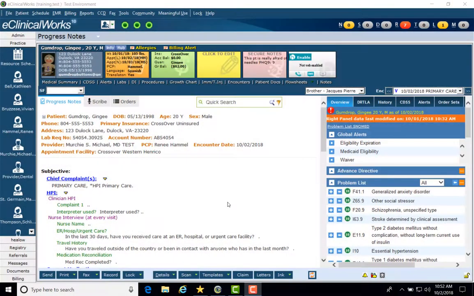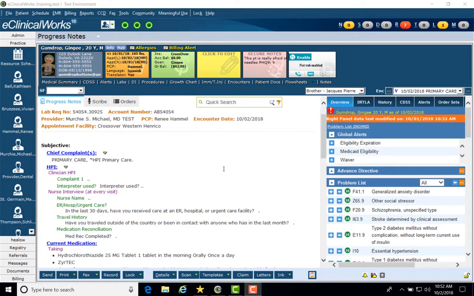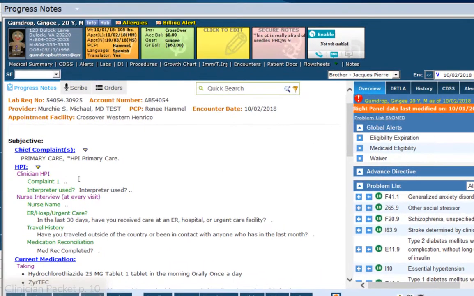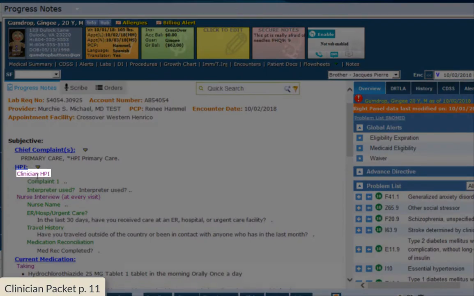Now that we have prepared to see our patient, we are going to look at how to input notes into the progress note. You will see in your Clinician EHR Training guide that there is a chart called What Do I Fill Out? On the right side of the chart, you'll see which sections the clinician is responsible for completing in the progress note. These sections include the HPI, Clinician HPI,